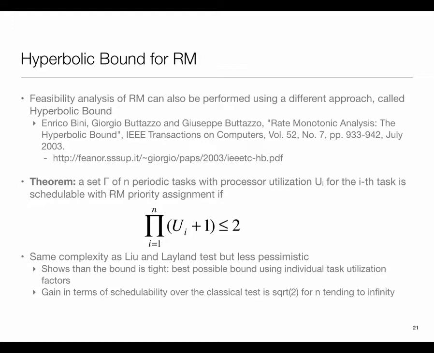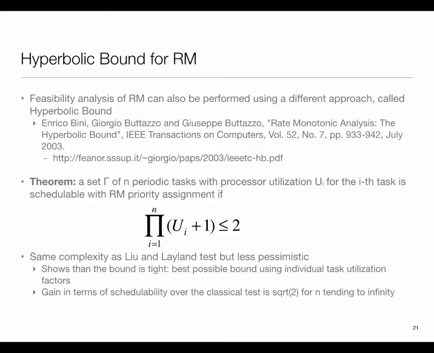If I knew, instead of the sum, the individual tasks' utilization, then what this group showed is that this formula basically says 1 plus U sub i, and I take the product of it across all the tasks. If it is less than or equal to 2, then the task set is schedulable by rate monotonic. And what they also said was that this is the best formula you can come up with if all you know are the U_i's. I don't know the individual C_i, and I don't want to bother with individual C_i's and T_i's. I just want to deal with processor utilization. And this is the optimal formula. There's nothing else that you can do.